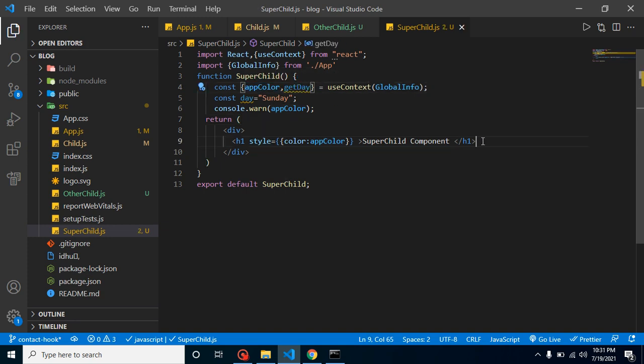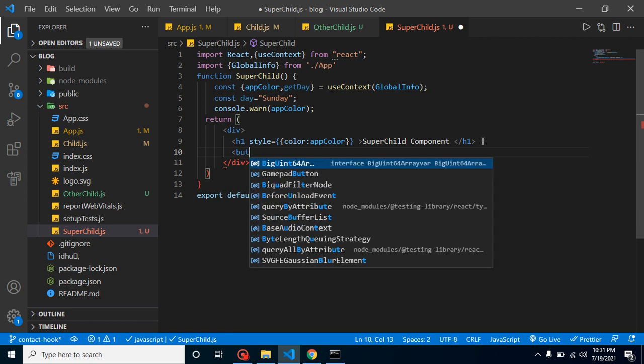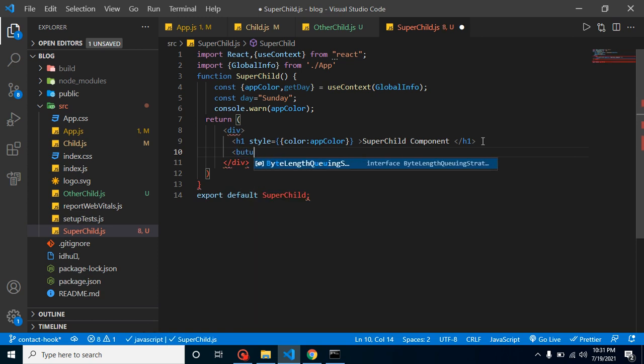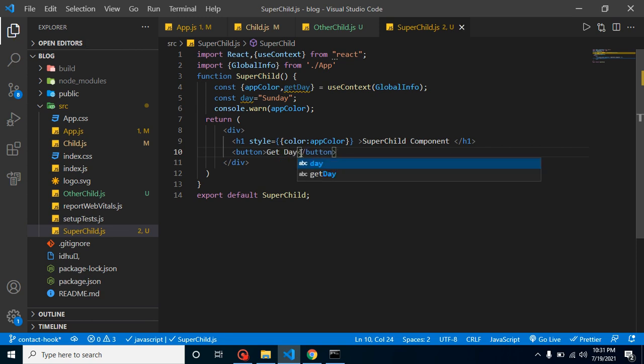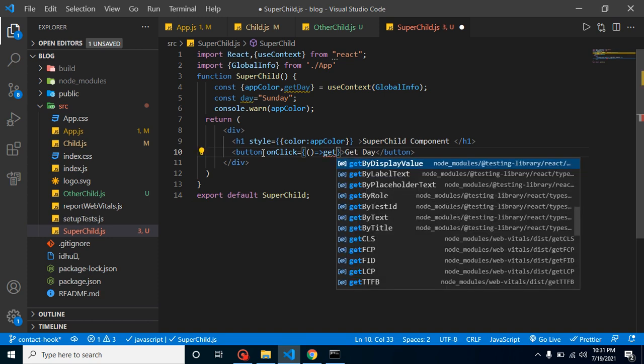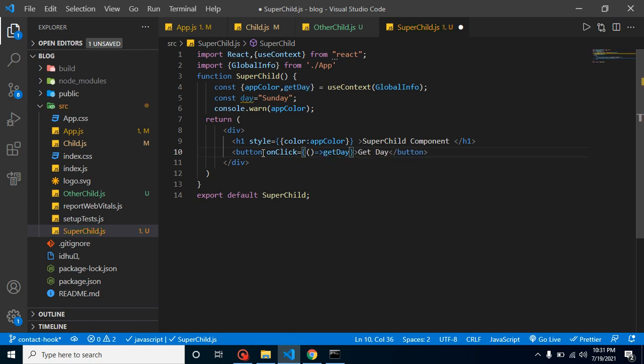Now let's make a button here so that we can click over it and call the function, and here you can write getDay, or you can write anything. Now let's create onClick, make an arrow function, and call this function getDay like this, right?